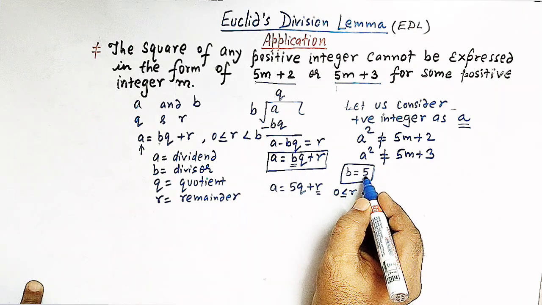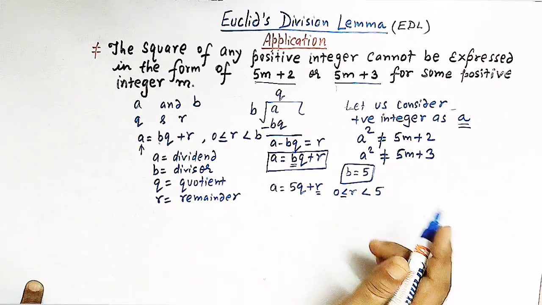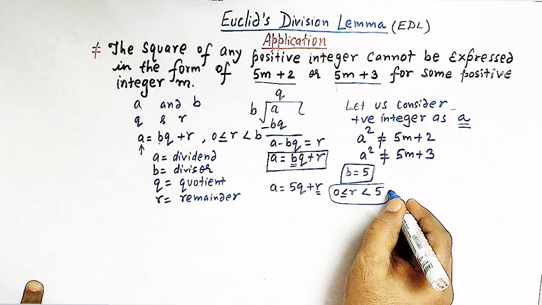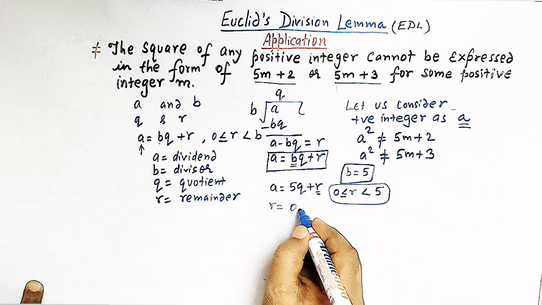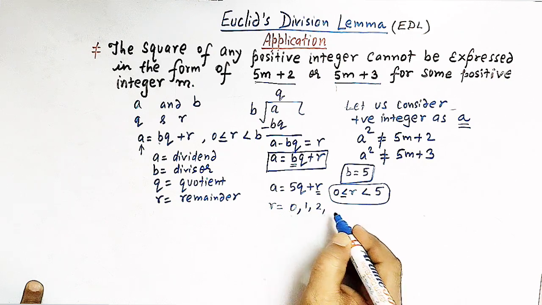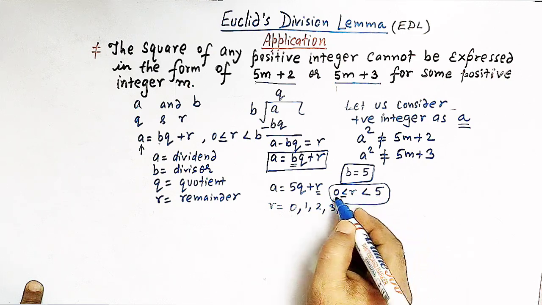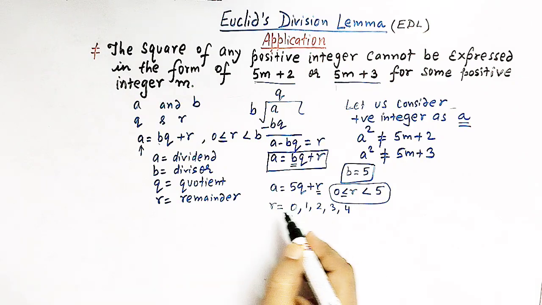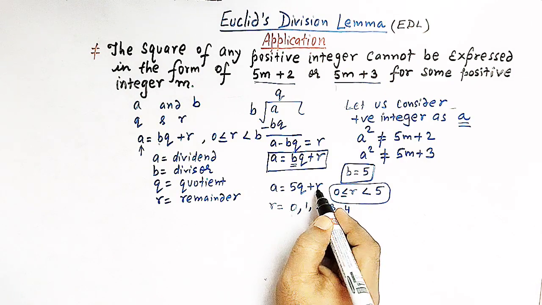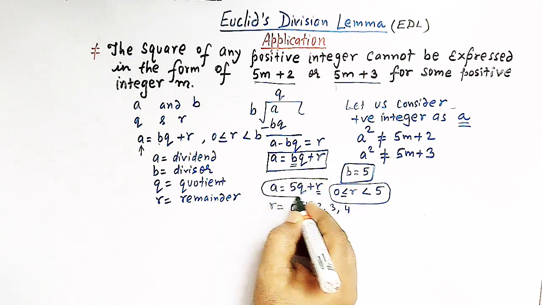Since we are taking b as 5, from this inequality we can conclude that r can take the values 0, 1, 2, 3 and 4, because r lies between 0 and 5, including 0 but excluding 5. So now we'll substitute r is equal to 0, 1, 2, 3 and 4 in this statement,